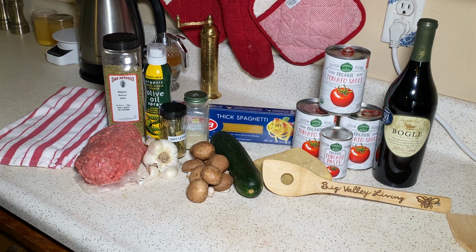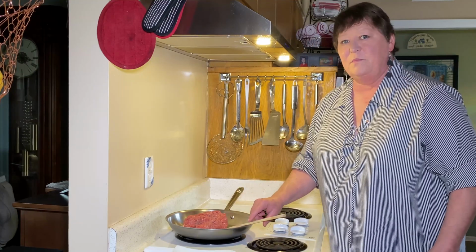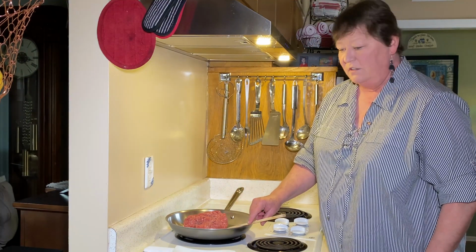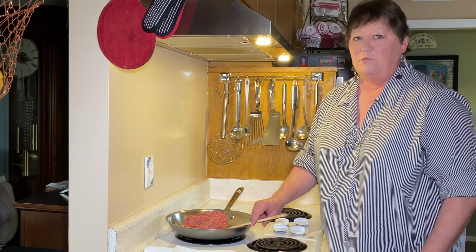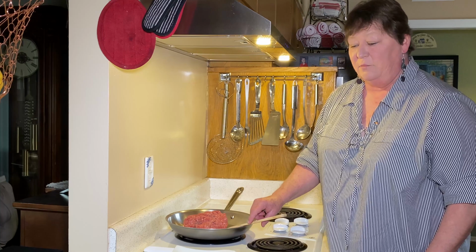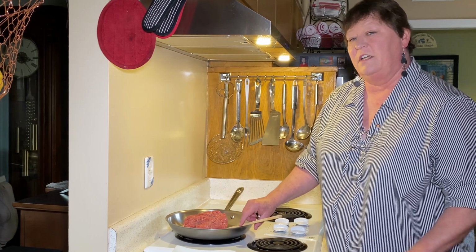Let's get started. What we're going to do is brown this ground beef, and we're going to add some spices to it to add a depth of flavor. The spices that we'll be adding to the meat as it browns are some fresh pressed garlic, a little bit of oregano, and then maybe just a little bit of garlic salt to give it a little